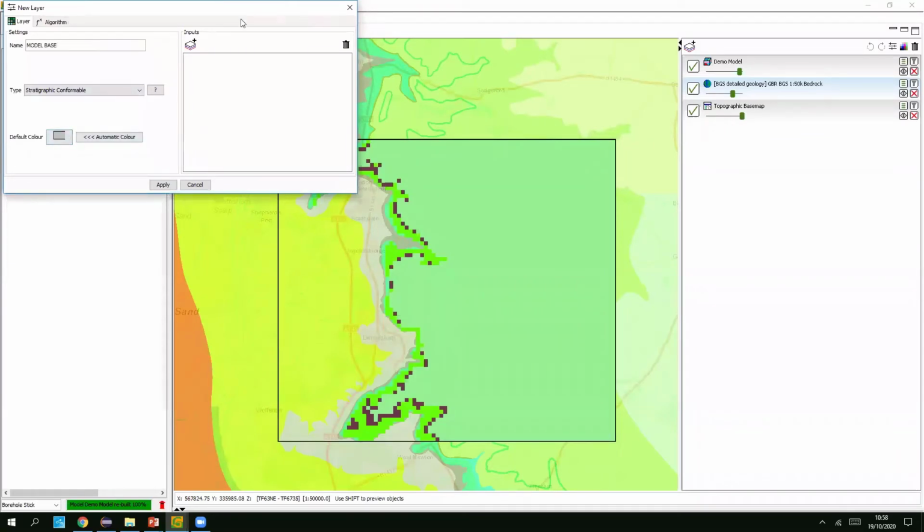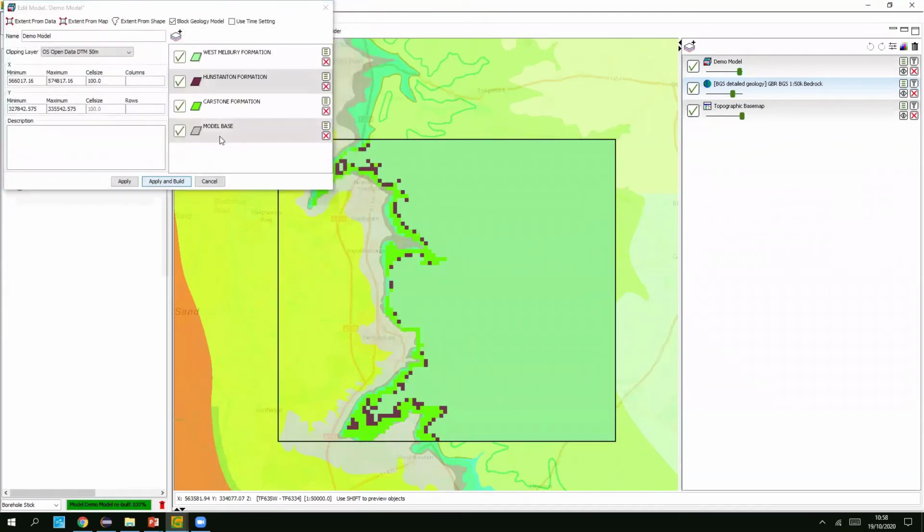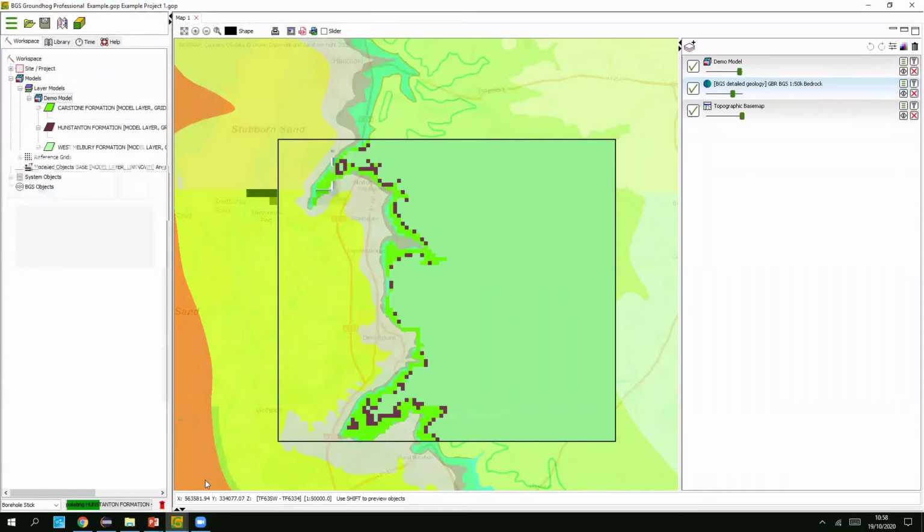I'll just leave it as gray. And let's do fixed elevation this time. I'm just going to stick in a value that I know works for this region for speed, -50 OD. And I'll just leave that on the base there. Apply and build. And that should